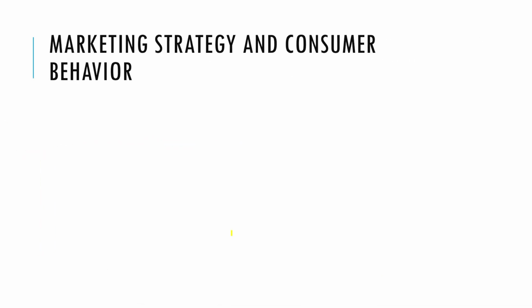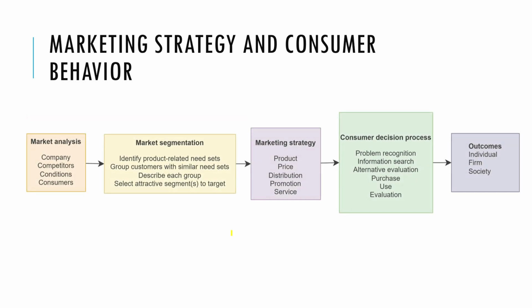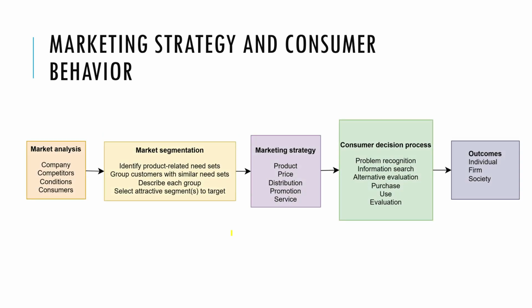So I'm going to end this part one of consumer behavior and marketing strategy, chapter number one, with this flow chart, which explains how marketing strategy and consumer behaviors go hand in hand. Because the application of consumer behavior obviously involves the development and regulation of marketing strategy, and it is a very simple concept because it starts with an analysis of the market, the analysis of the company, the analysis of the competitors, the analysis of the conditions, the analysis of the consumers, and then